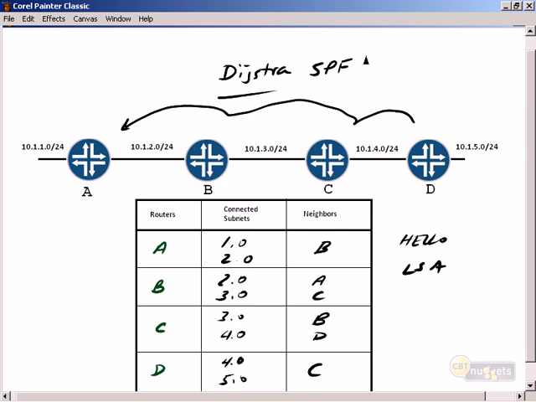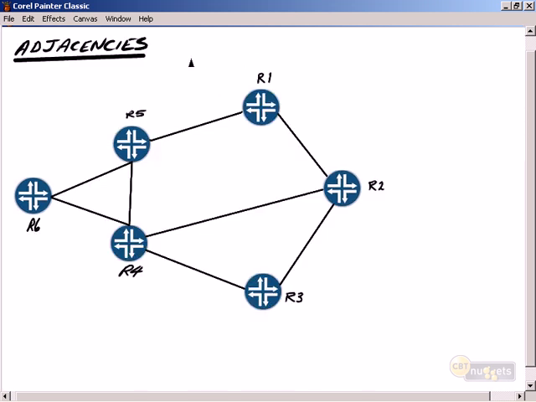Let's talk about adjacencies. Now, as I was going back through and editing some of the previous information I delivered to you, I noticed that I had misspelled the word Dijkstra in the algorithm. It's actually D-I-J. I left the K out, okay? It's not okay to leave out the K. Dijkstra. And this person's name is actually Edsger, E-D-S-G-E-R. And he, by the way, was a Dutch computer scientist, and he passed away not that long ago,